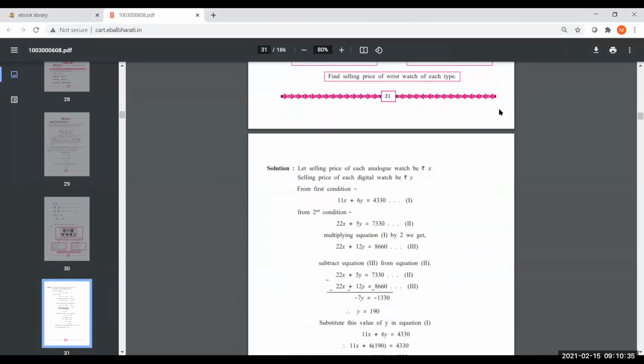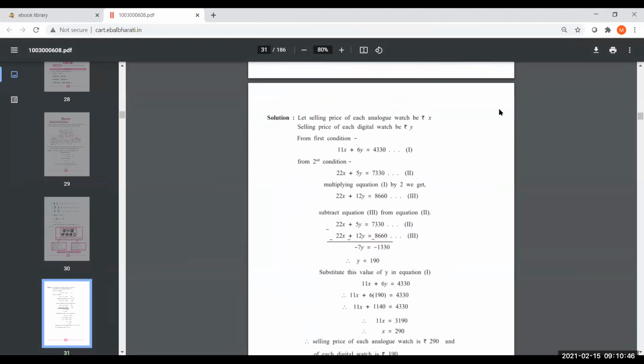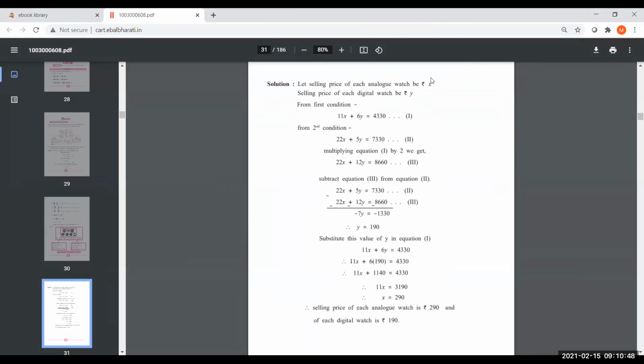Okay, since we have to find out the selling price, firstly we are going to assume the selling price of each watch. Two watches are there, so we assume that the selling price of an analog watch is rupees X, and of a digital watch is Y. Then, according to the first condition,